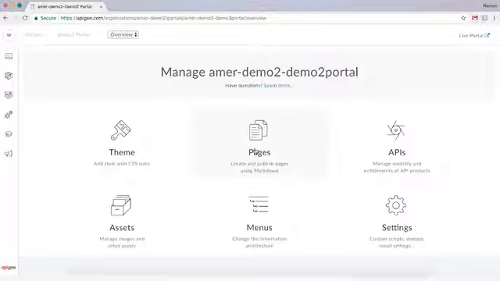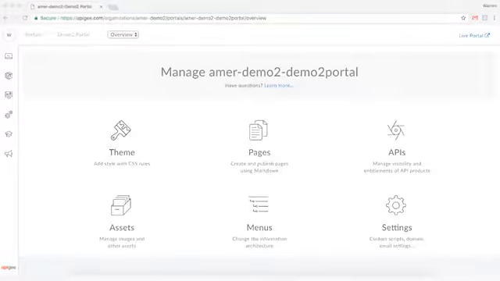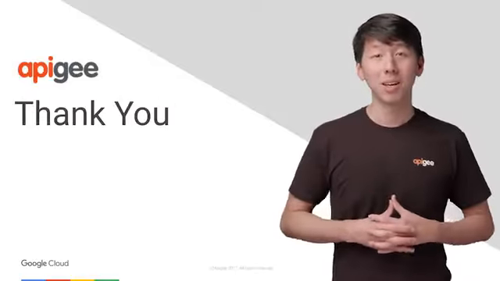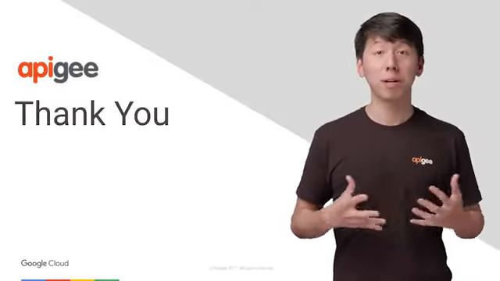This is a very handy tool when creating your own dev portal quickly. Note that there is a lot more to cover when it comes to developer portal, so be sure to check out the other videos on the subject. Well, there you go. That wraps up the capabilities under the Publish menu of the UI.